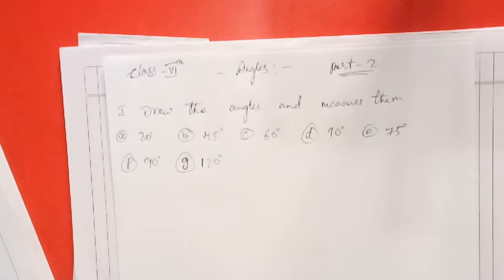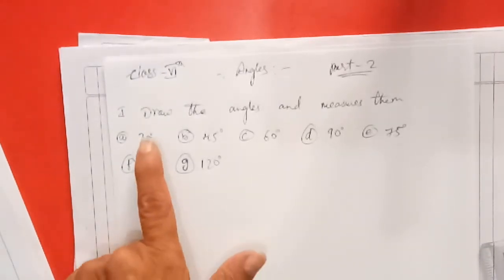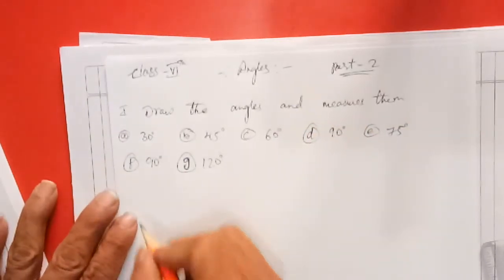I think you understood all the angles: acute angle, obtuse angle, right angle, and according to that, the estimation of angles on a clock also, right? Now I am going to explain the second part, Class 6 standard angles, Part 2. Draw the angles and measure them. I am giving my own questions in that. I am using the protractor, pencil and scale, which you people have to use. First one, draw the angles and measure them. In your classwork also you write it.